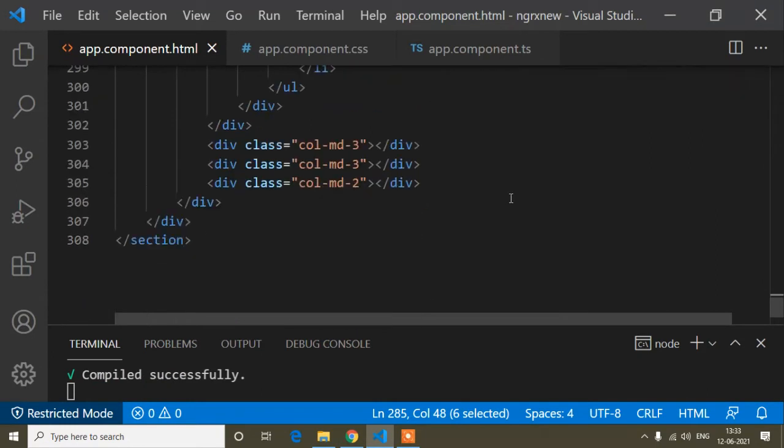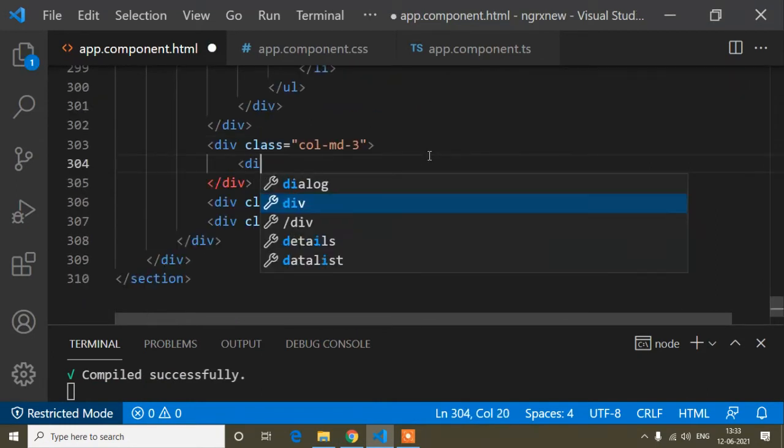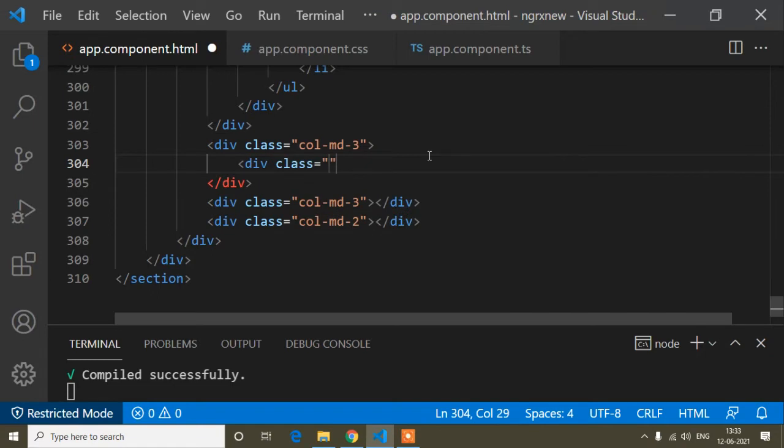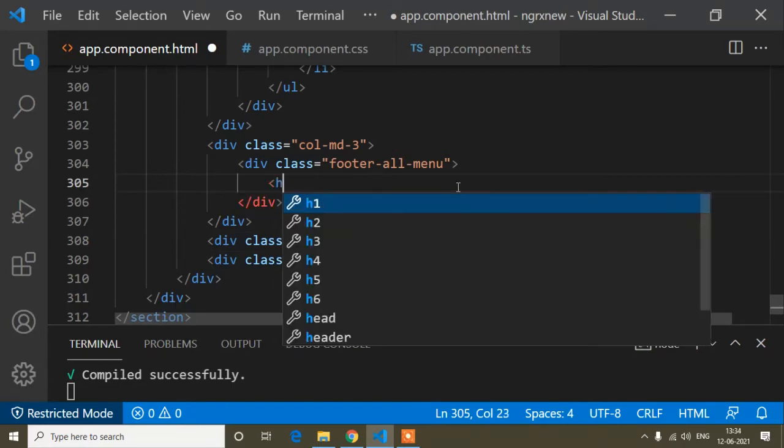So now here I will come to this column. So just here first of all I will write div class, and the class name is footer all menu, because for the remaining menus, all the design will be the same for this column 3, this one and this one. So I have written the class name footer all menu, but you can change the class name as your choice.